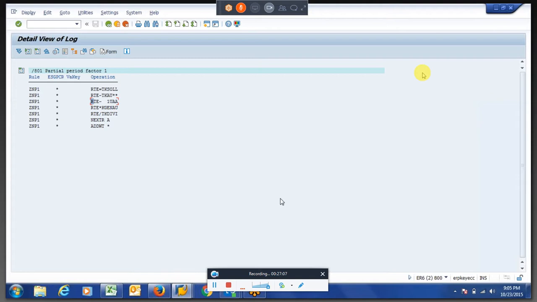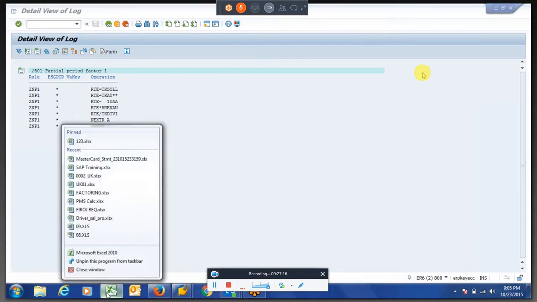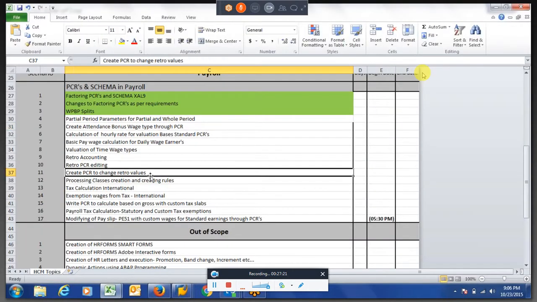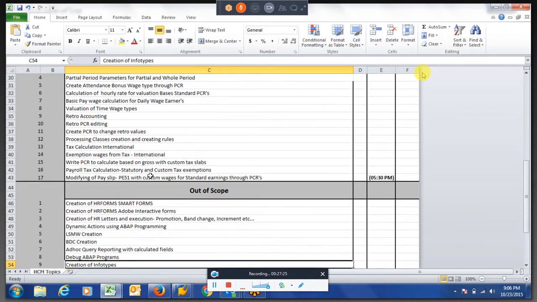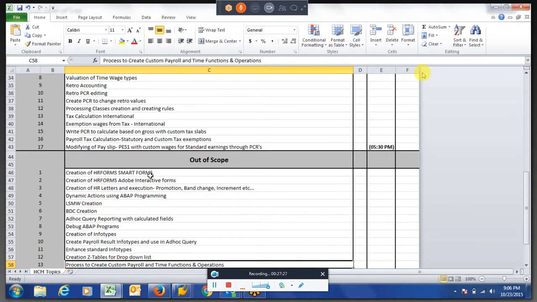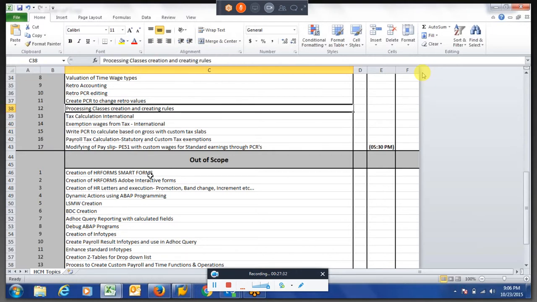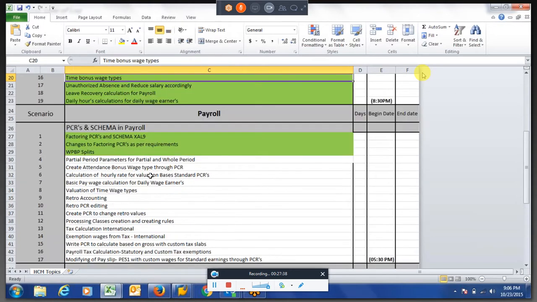The same process will happen for leave recovery, if you remember the leave recovery calculation.